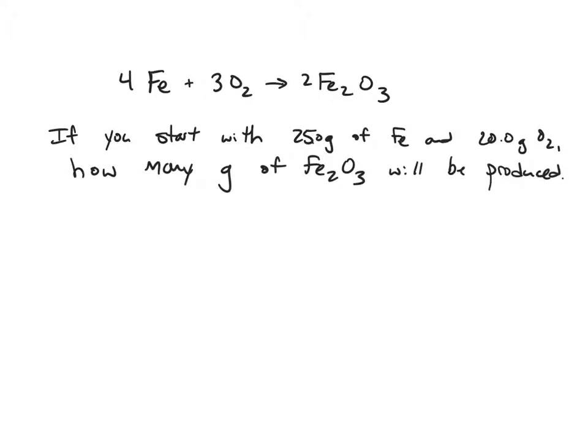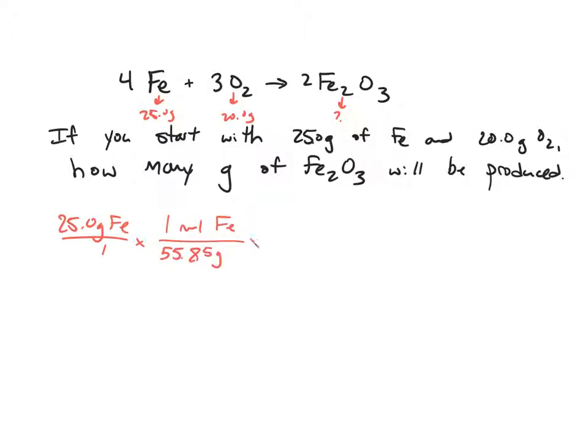If you start with 25 grams of iron and 20 grams of O2, how many grams of Fe2O3 will be produced? So as I set up this problem, I've got 25 grams of this and 20 grams of this, and I'm looking for the final product. So I start the first of the two problems using the 25.0 grams of iron over 1, multiplied by 1 mole of iron, and I look up the molar mass of iron, and it is